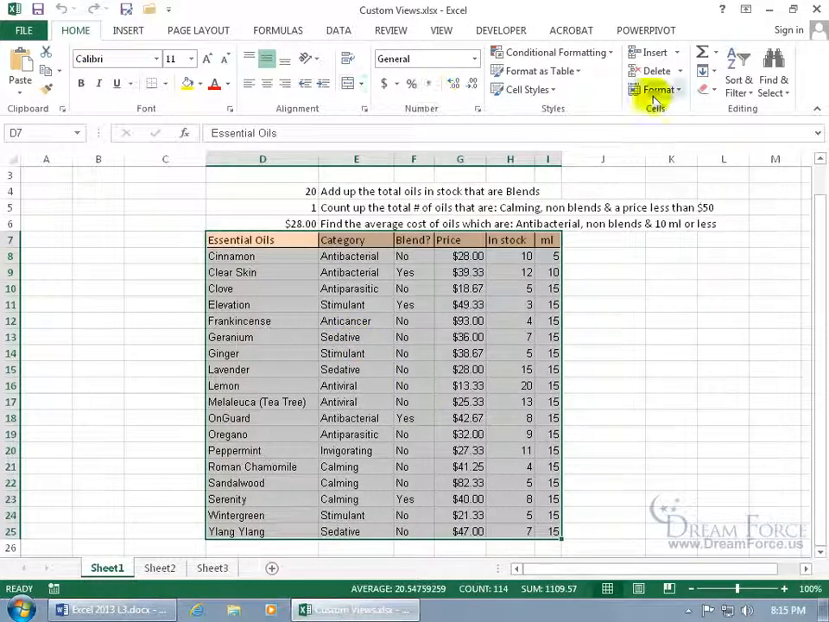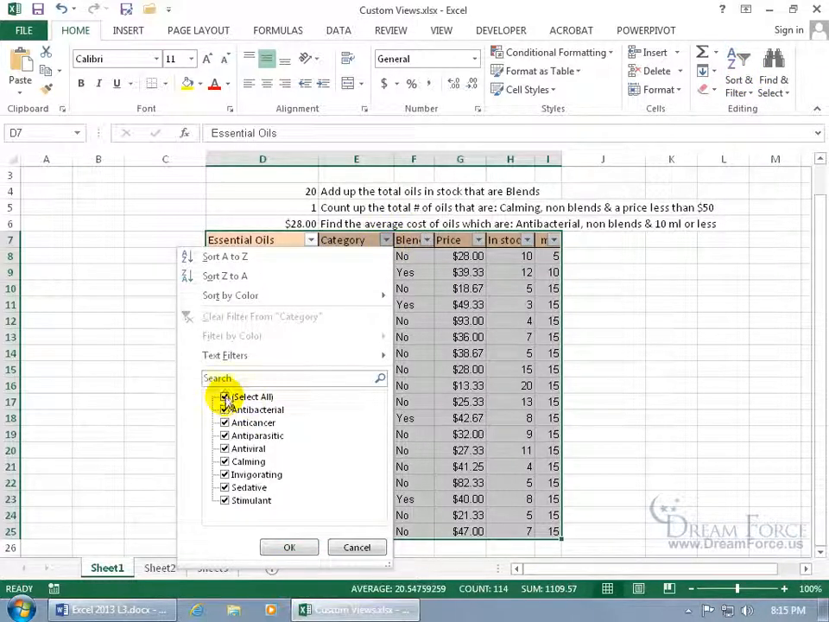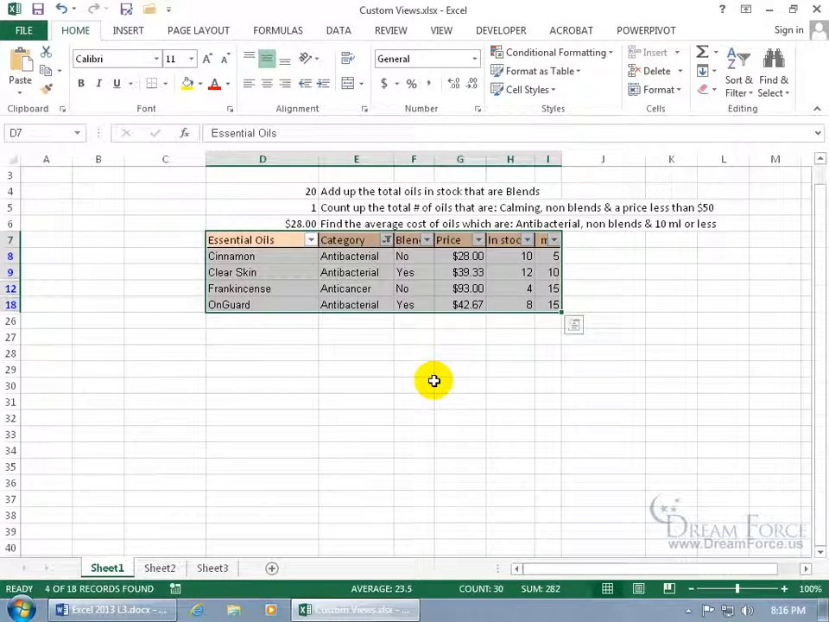Come up here on the Home tab to the editing group, click on Sort and Filter to Filter so I get the drop down arrows. So for the category, let's uncheck all and choose antibacterial and anti-cancer, click Okie dokie. And I know this is very simplistic, but if you can imagine a huge database where I'm doing a bunch of custom filters here, more than just one category, then instead of doing this every time I want to go